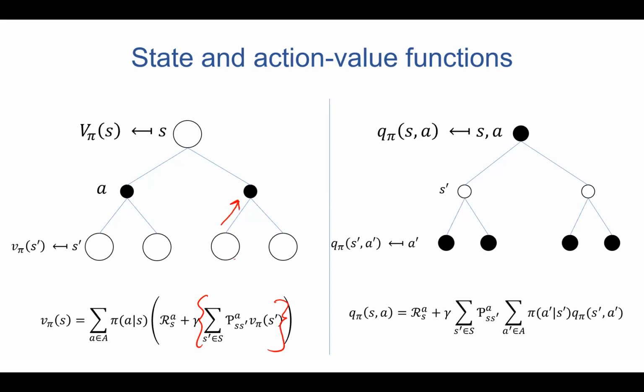So we get, like, these are all S prime, set of S prime. We propagate the value back up. We average them together, right? We average them, great. And then we add the reward, immediate reward, with the discounting factor. And then